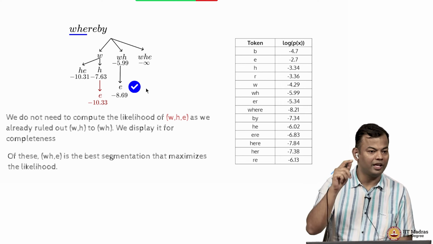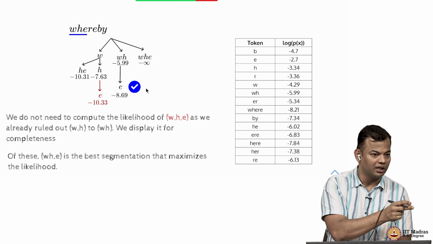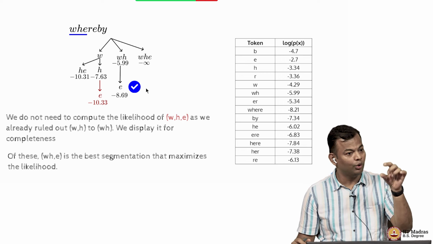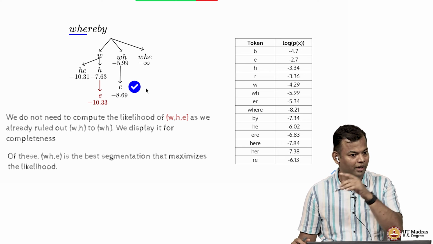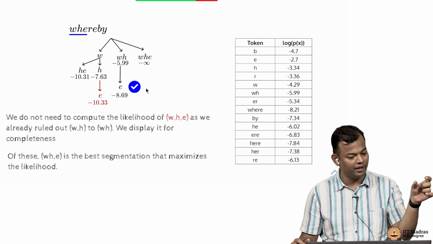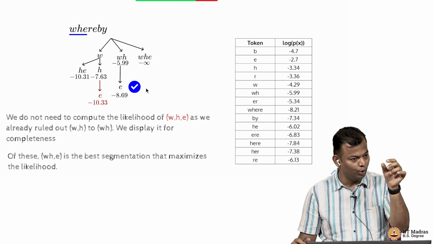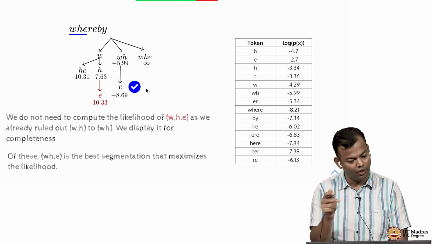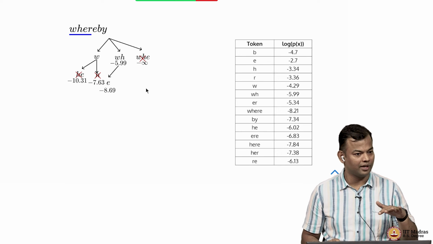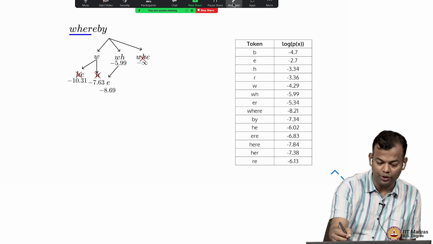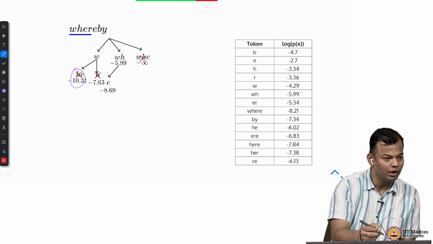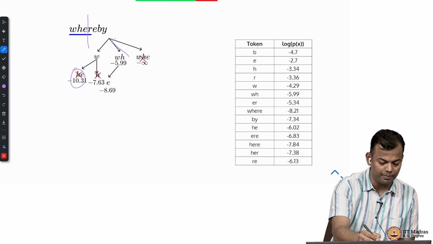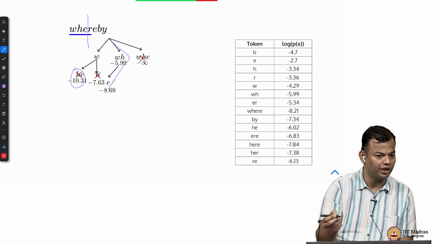The other option would also have been W and then HE. Because the W, comma, H sequence you are not continuing, but the W, comma, something sequence is still not ruled out. So W, comma, HE you still need to compare, and between W, comma, HE, WH, comma, E and WHE, WH, comma, E is the best sequence. So again the other sequences will get discarded. You don't need to continue them anymore, because up till character 3, you have found out that the best path is this. Any other path you don't need to extend.